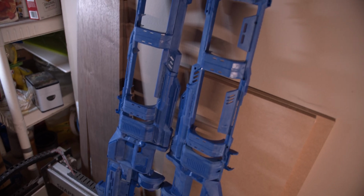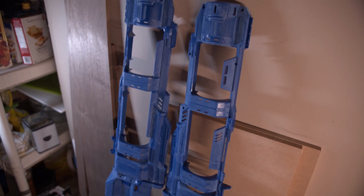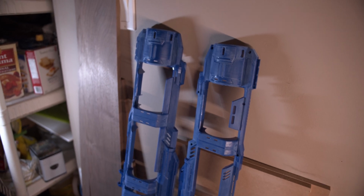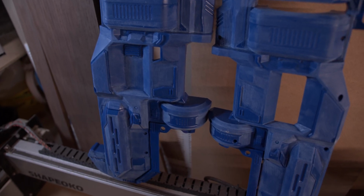I measured, actually. Me sitting on the floor, blasting some music, and just sanding for 18 hours. I did this over about the course of a week,